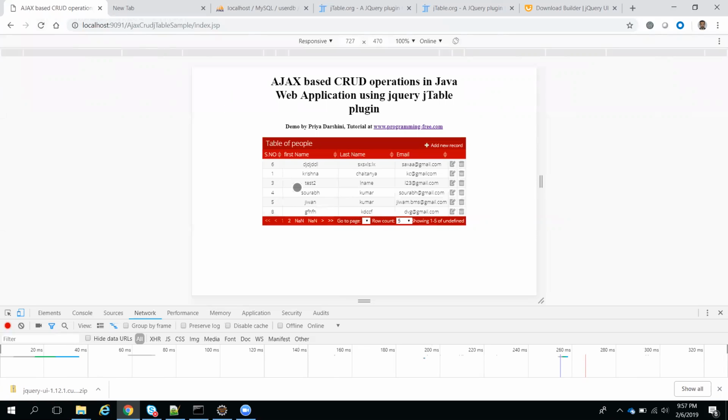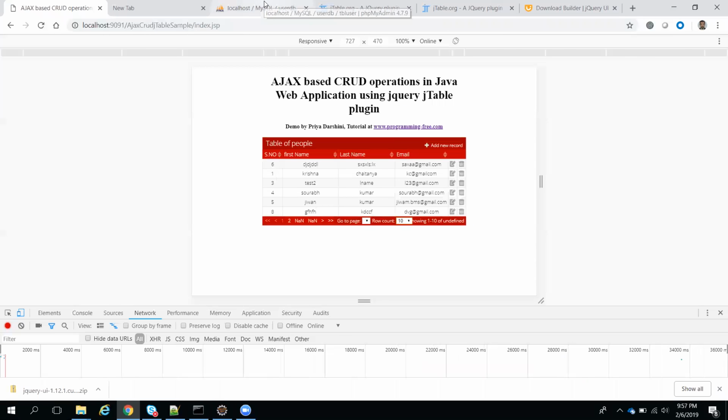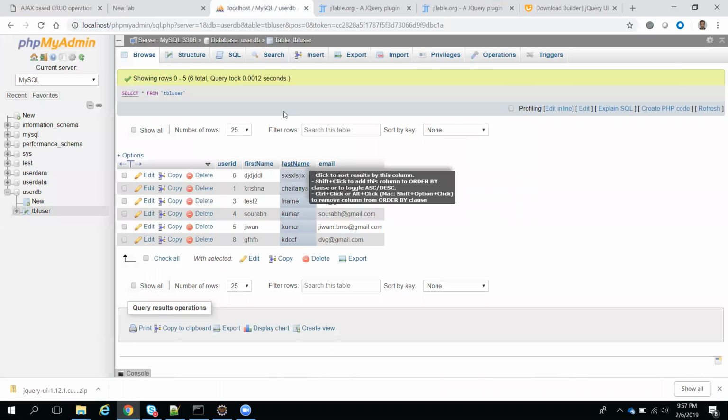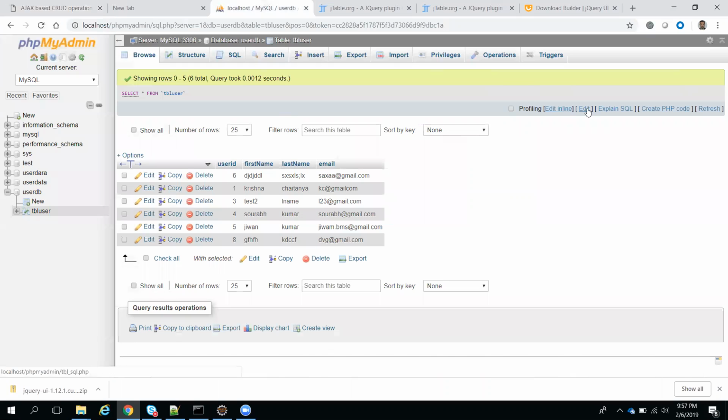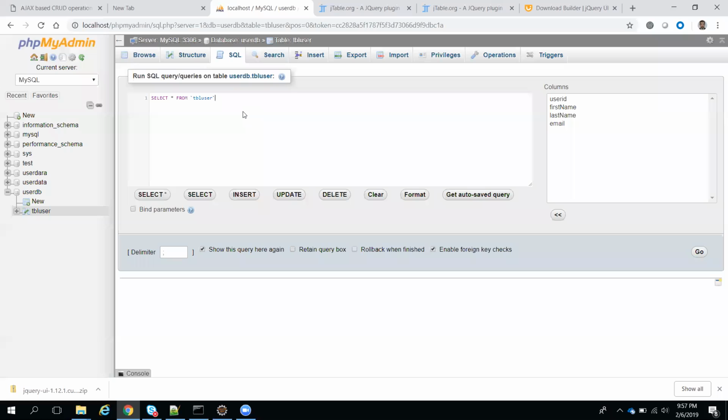Now how many records do we have? 1, 2, 3, 4, 5, 6. By default it will show 10 records, but we don't have 10 records now. So to make it at least 10 records, we'll execute the same query multiple times. But when doing that, we need to maintain the primary key concept: we should not repeat an id, it should be unique.